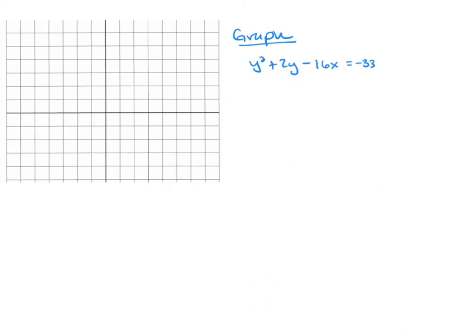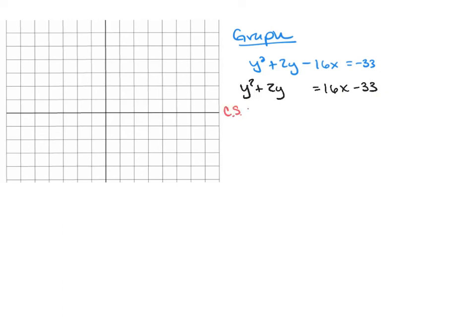One last example to do with parabolas. So again, just like in the last one, I want you to notice that the y is being squared and there are no x squareds. So this is definitely a parabola graph. So just like I did in the previous example, I'm going to keep the y squared and the 2y on the left-hand side, but I'm going to add the 16x to the other side with the 33. And then I'm going to use completing the square